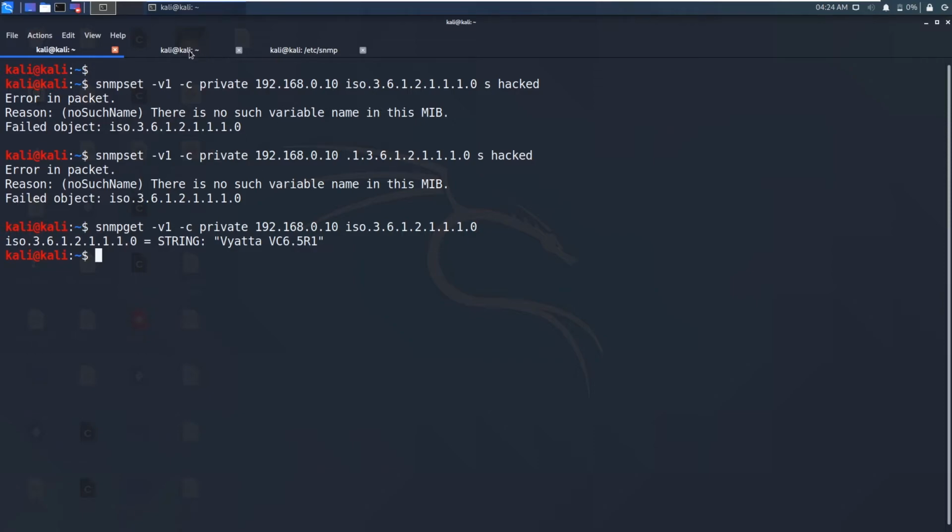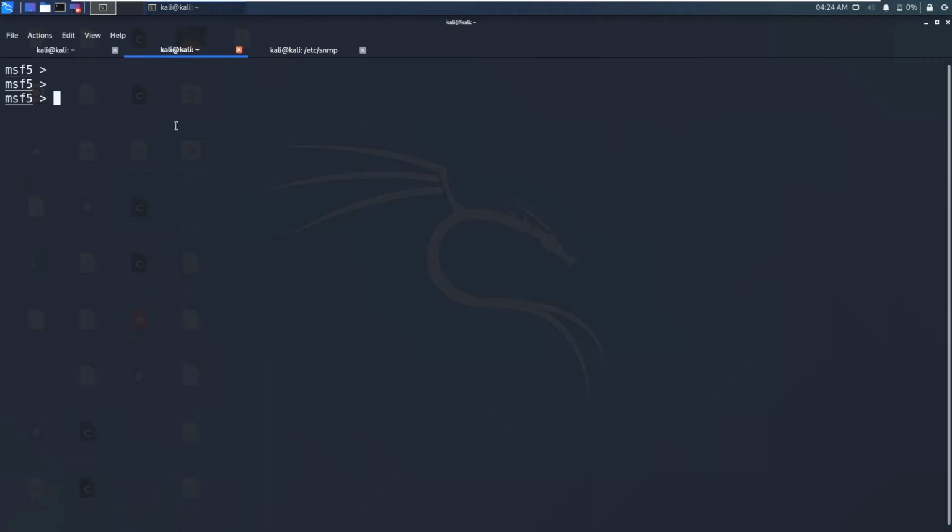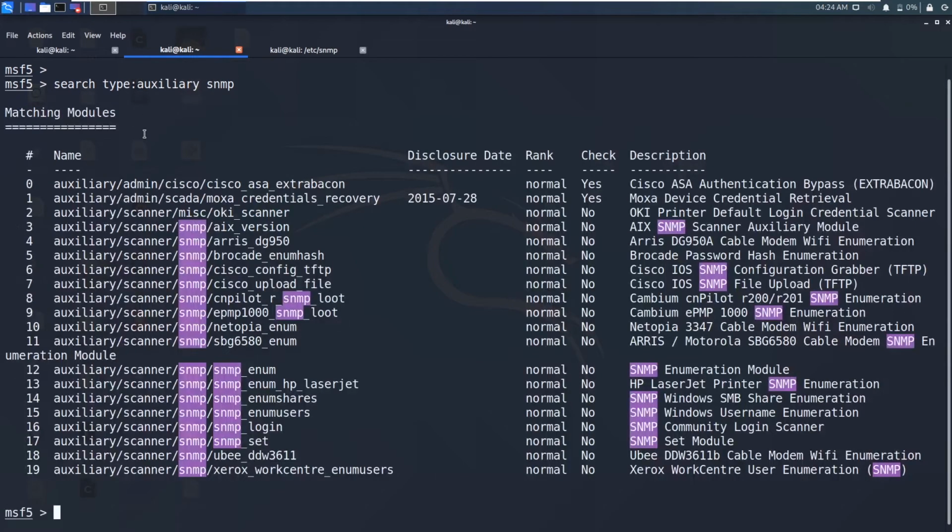Now let's move on to this Metasploit module. Let me search for our auxiliaries, and then let me filter out these snmp modules. So always maintain an older version of Kali Linux, guys. Maybe some tools may work on the Kali Linux machine, and some tools may not work in these latest versions. So that's why just keep a backup of this older version of the Kali Linux virtual machine.